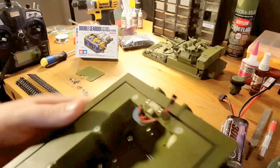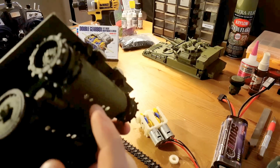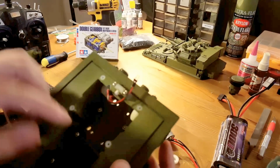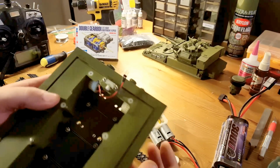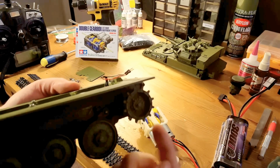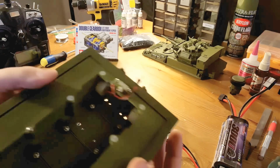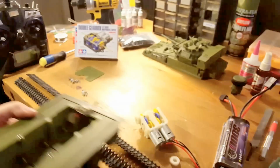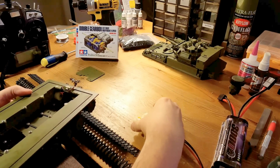The final drive sprockets use a hex shaft. So the set screw that you're seeing here is only so it doesn't get pulled out, but this end of the hex shaft is super glued in there, and then this end has a set screw on it. But when you put the transmission in here,